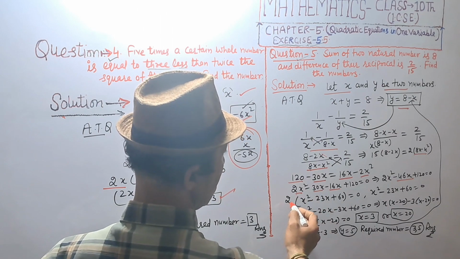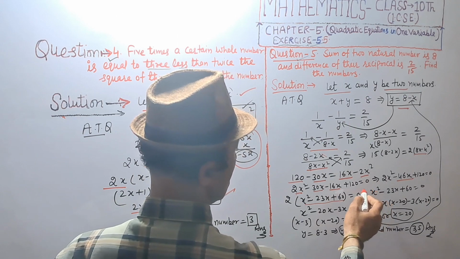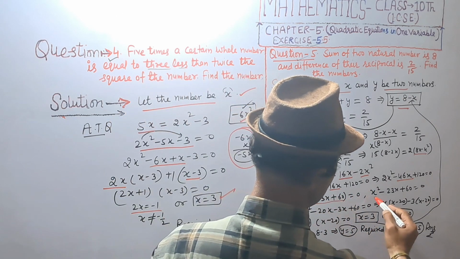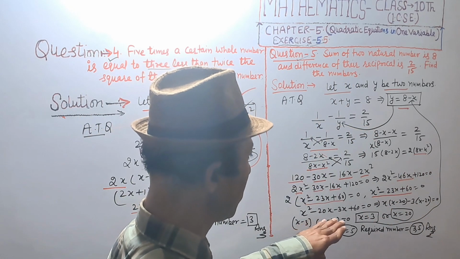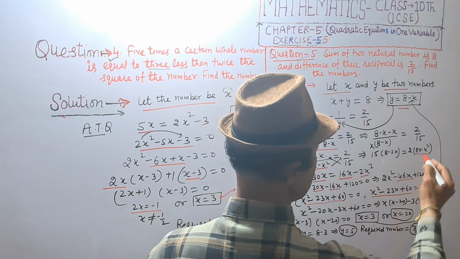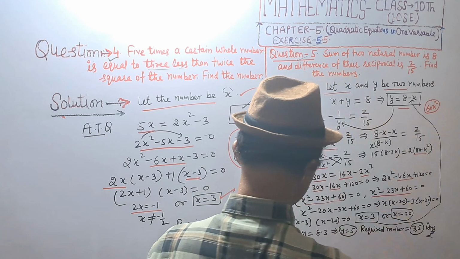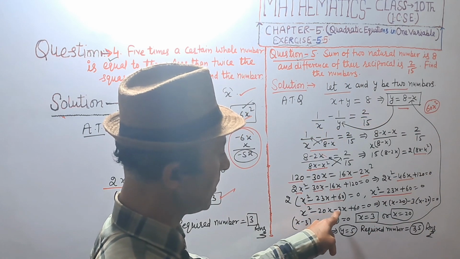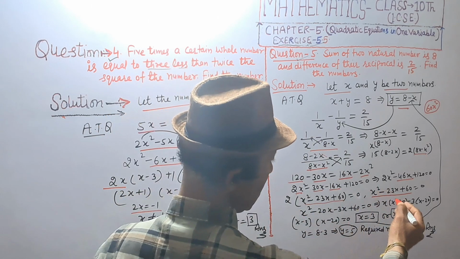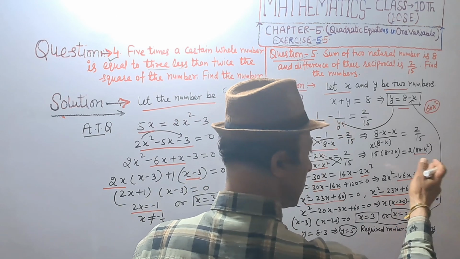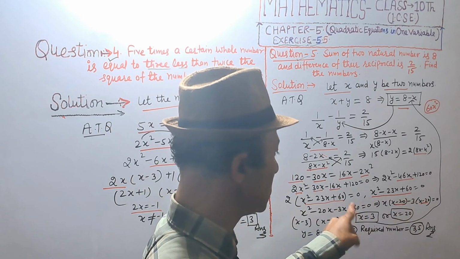2 is taken common. x² - 23x + 60 = 0. 2 is not equal to 0, and x² - 23x + 60 = 0. It's a quadratic equation and we are splitting by middle term. Product of first and last is 60x², positive, and we are taking two numbers, that is -20x and -3x. This will be -23x, and taking common x in the bracket (x - 20), (x - 20) in the bracket, and 3 is common. 3 into x, that is 3x, 23s are 60.